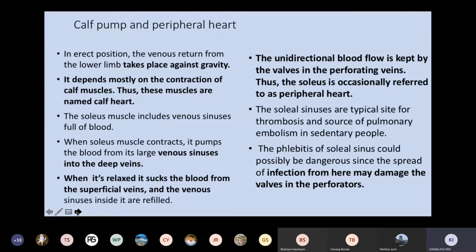All the time, your venous blood is returning from the distal to the proximal side, so it is going against gravity. To break this big column of blood, we already said there are valves. But when the veins come to the calf muscles, they are passing through the muscular tissue. Now, how will this muscular tissue act?